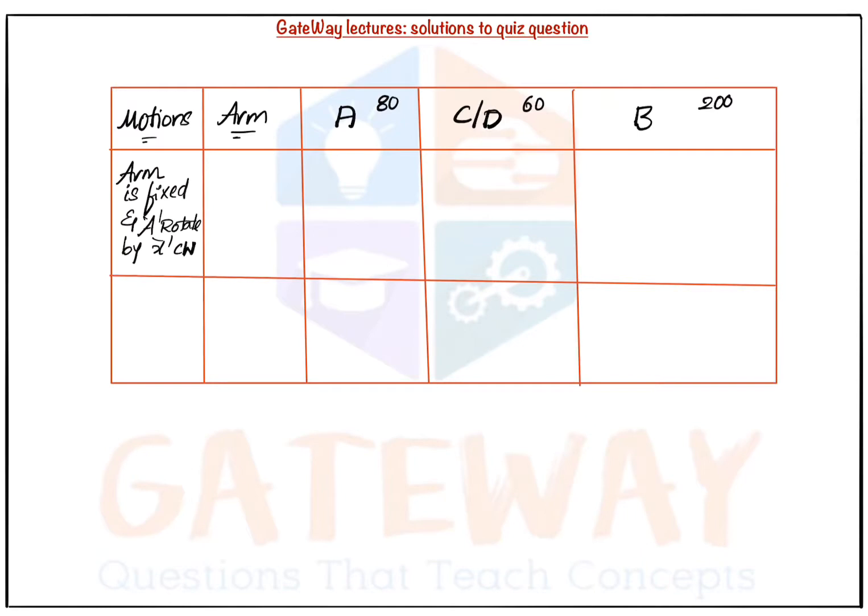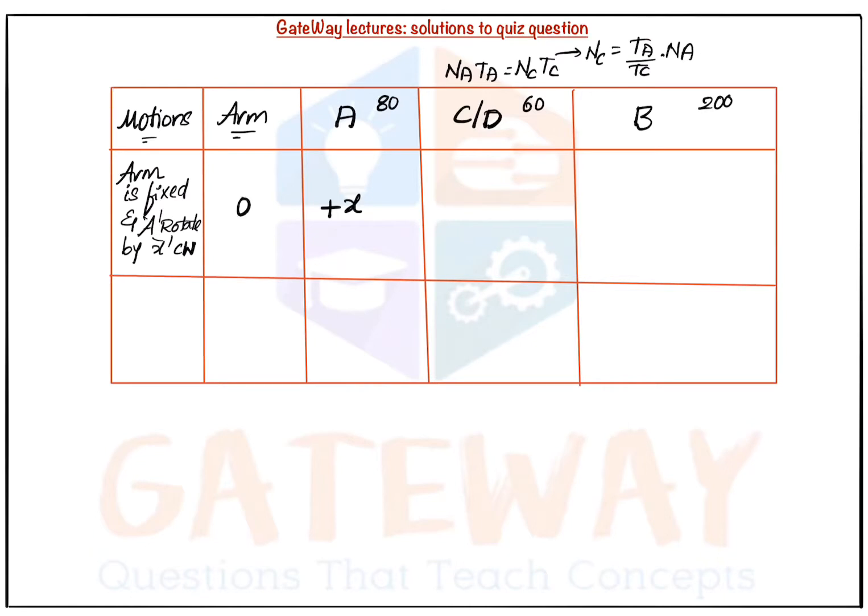Then every time the center distance between two gears O1 and O2 keeps on moving, and we can't apply the law of gearing. So to apply the law of gearing, we fix the arm. Once we fix the arm, arm rotation will be 0, and A we have taken as positive x. By the law of gearing, NA TA is equal to NC TC. From that we can get NC as TA upon TC into NA.